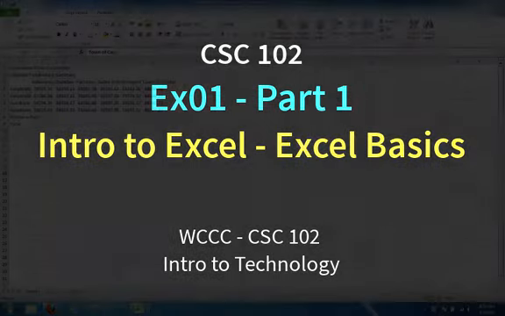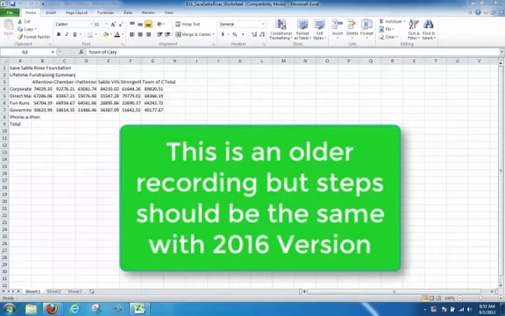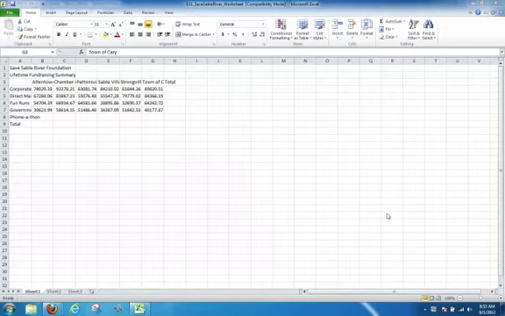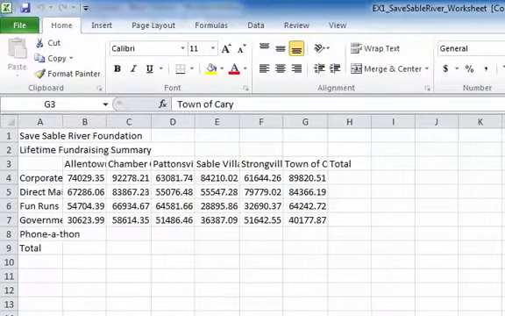Welcome to Intro to Excel. I'm going to try to review Excel or give you an introduction in a short amount of time that will cover probably many pages in the book, especially for people who have not worked with Excel before. We're going to be working with this file here, the Save Sable River Foundation, but before I do that, I'm going to go over some basics, actually with just a blank file, just to give you a little overview of